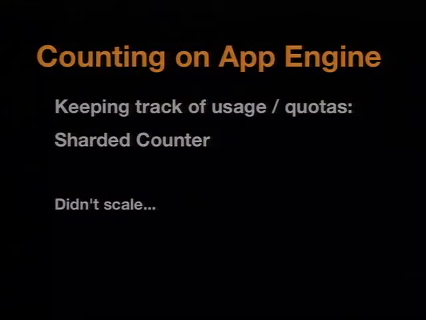Thanks, Dave. So yeah, I started out talking about kind of the core functionality and secondary functionality. Obviously, your applications are going to have different pieces of secondary functionality that may or may not fit different places. A really common use case on App Engine is counting stuff. I'm going to talk about a specific issue we have counting our users' requests. We have a basic quota system. We have an API key. We want to know who's basically doing what.